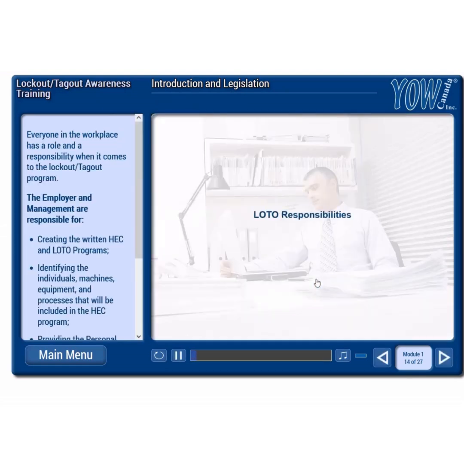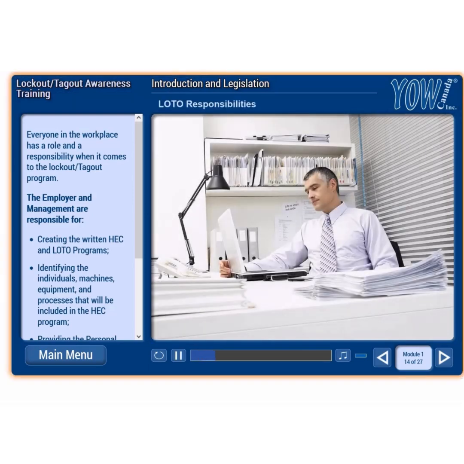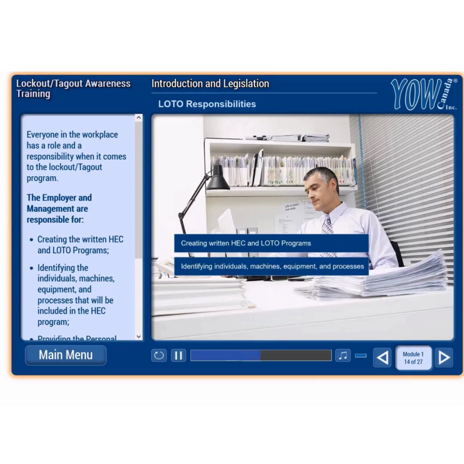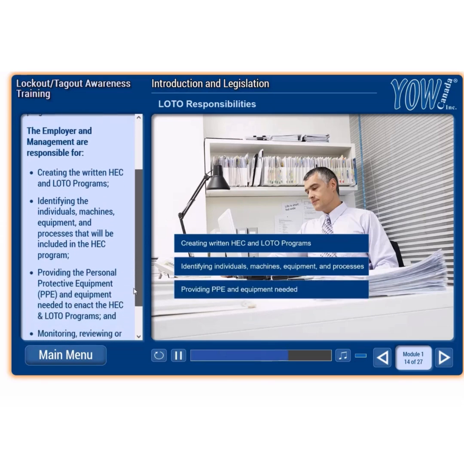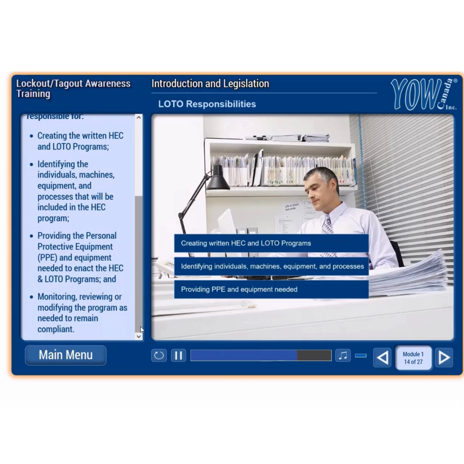LOTO responsibilities. Everyone in the workplace has a role and responsibility when it comes to the Lockout Tagout program. The employer and management are responsible for creating the written HEC and LOTO programs, identifying the individuals, machines, equipment, and processes that will be included in the HEC program, providing the personal protective equipment, PPE, and equipment needed to enact